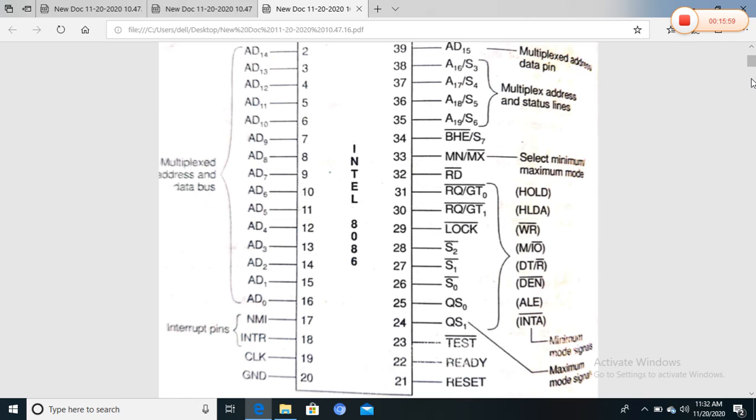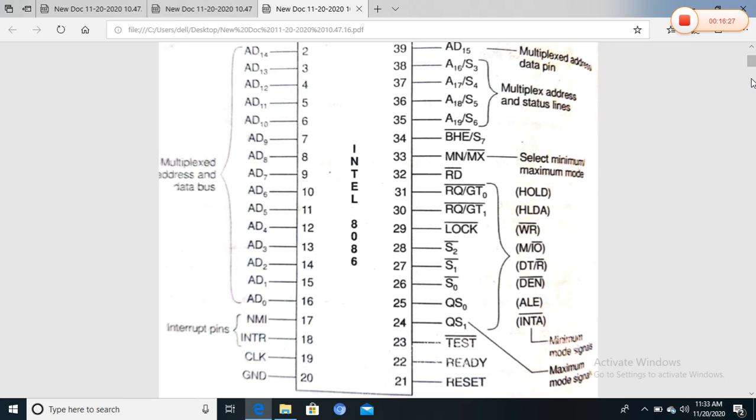And if the supply is not provided or anything happens to the devices, then that interrupt is known as a hardware interrupt. If any interrupt occurs in a processor, it is indicated by the interrupt pin, and when an interrupt request occurs, the processor enters into the interrupt acknowledge cycle.